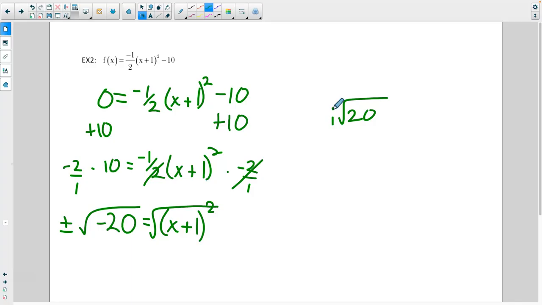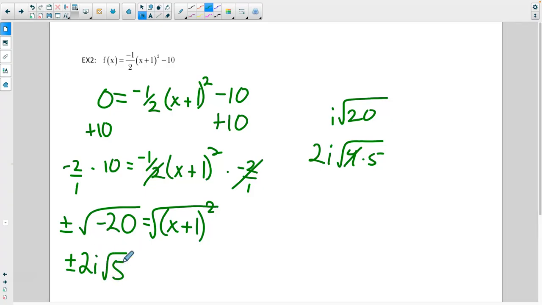Why am I going to skip 10 and 2? Do you know the square root of 2? Do you know the square root of 10? No, you would have to keep going. So I know 4 and 5 is really nice, so I'm going to choose 4 and 5. You can absolutely use 2 and 10 though. What's the square root of 4? 2. So I draw a little line through that, put the 2 out there. So down here, I'm going to have plus or minus 2i